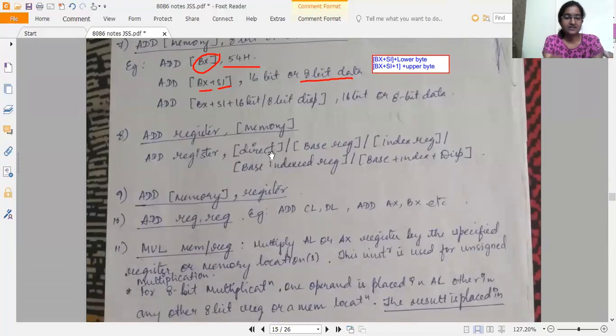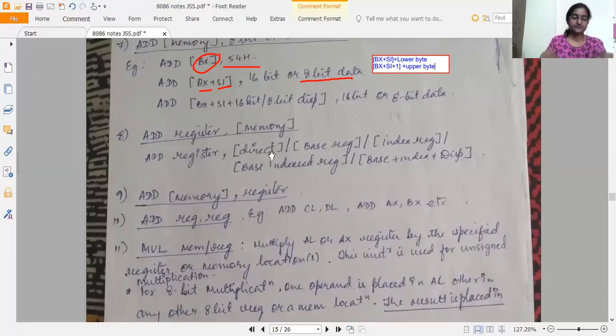Index register means an index register is used in order to hold the offset address, or base register along with the index register, like we have seen in the previous example. Or base index relative, meaning there can also be a displacement present. These are the various ways in which we can represent a particular instruction.